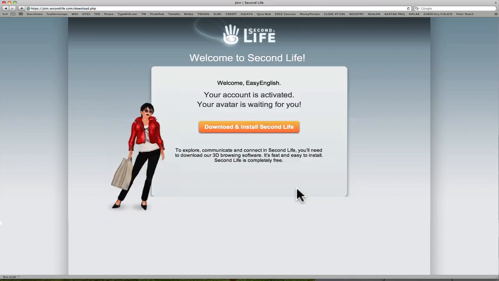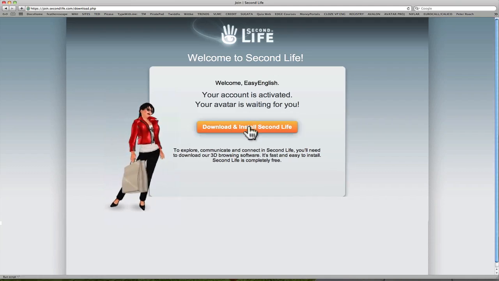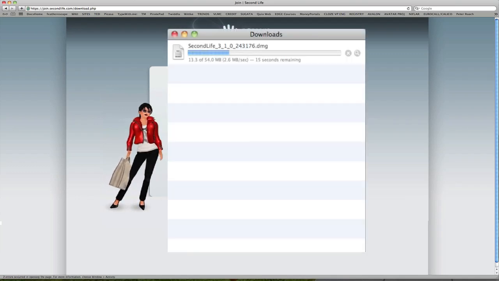And then it will ask you to download Second Life. Second Life has its own browser, so begin download. Now I'm downloading on a Mac. If you're on a PC, it will look different. You will be getting an exe file which you'll find on your desktop, and you'll double-click on that and follow